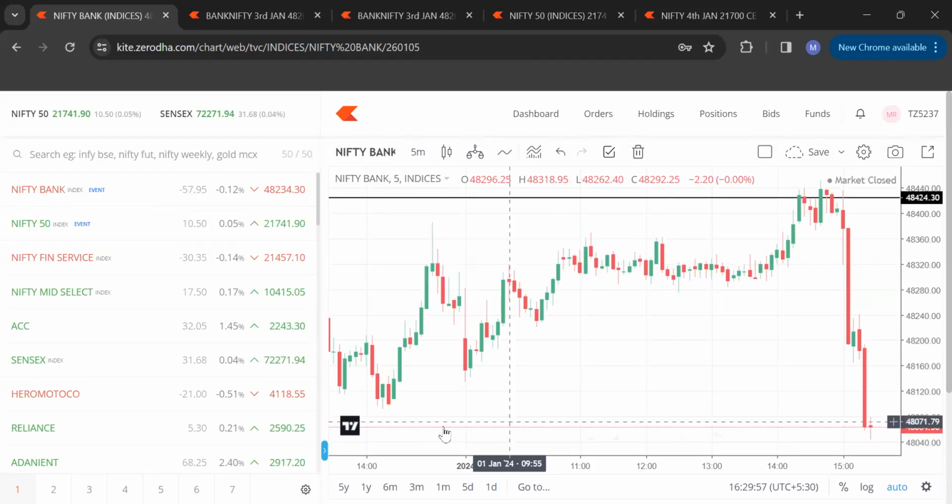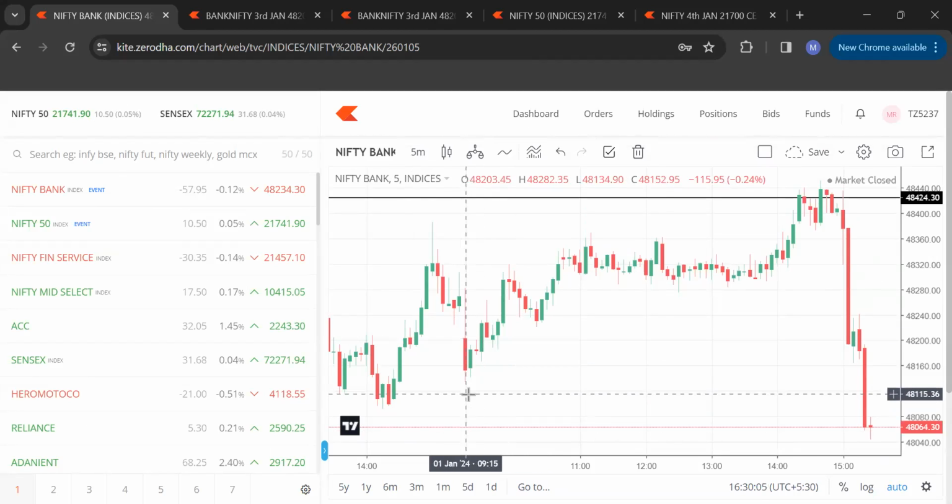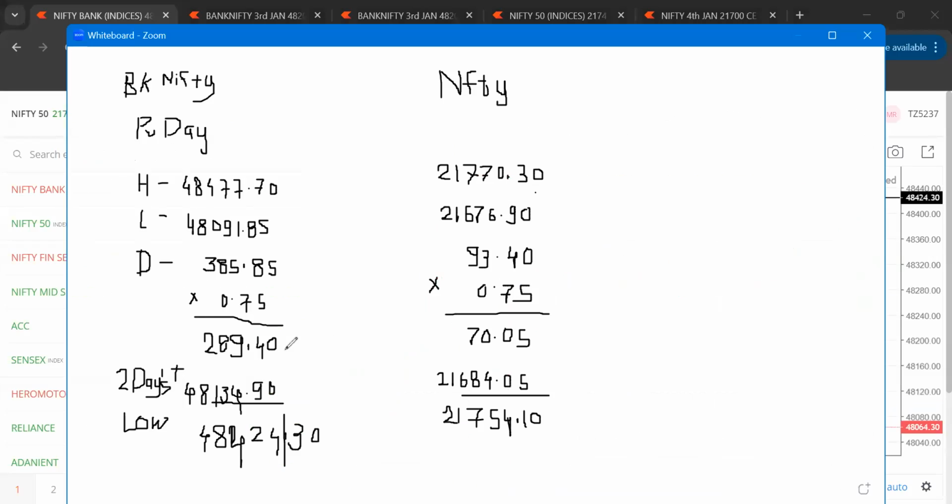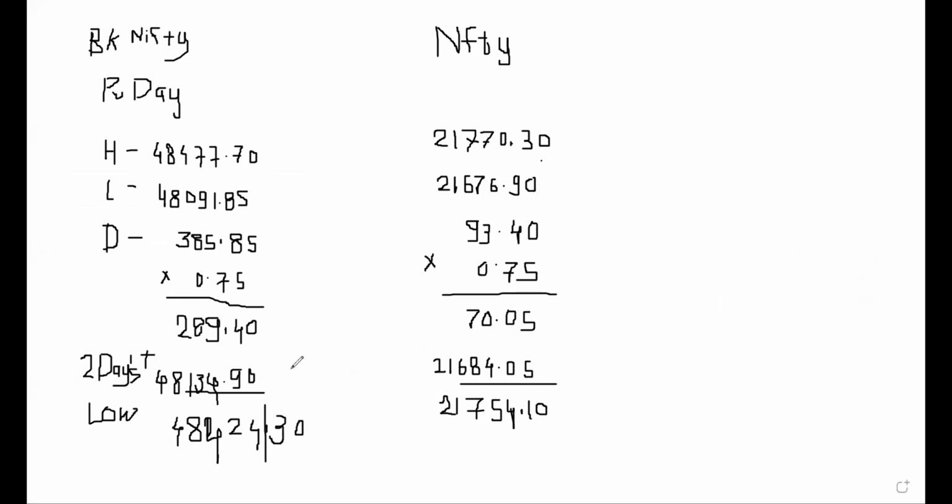Sorry, see this 48,134.90. Sorry, my mistake. So 48,134.90 is the low. From here, you will track the move of this 289. So 289.40 plus 134.90, answer is